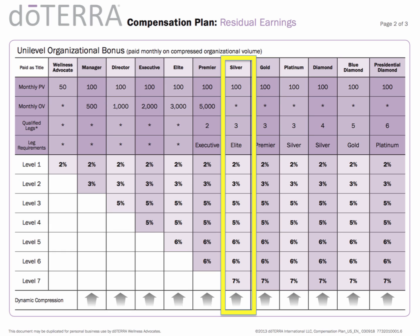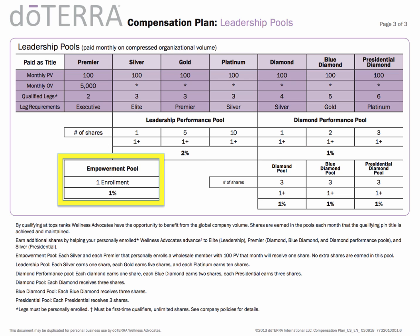And I can tell you, with how powerful doTERRA's products are, people just simply continue buying the product over and over again every month for a long, long time. So that is the power of this Unilevel portion of the commissions. Now, let's go to the next slide and let's start talking about